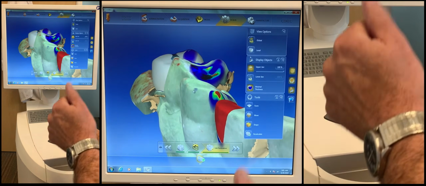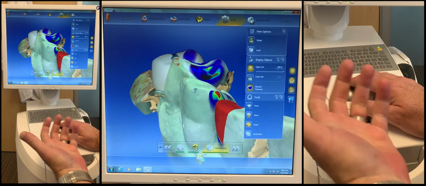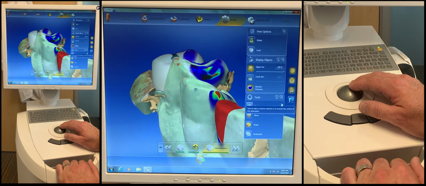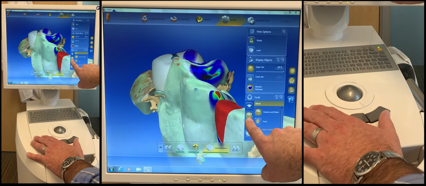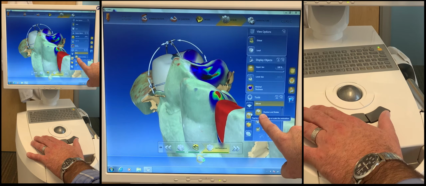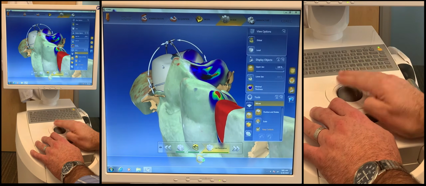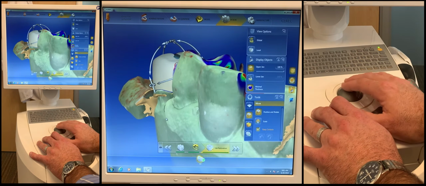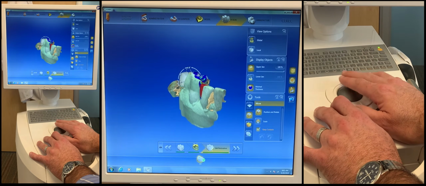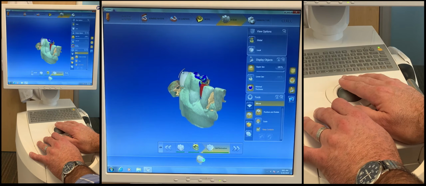Okay, so again, we start big to small, right? So I'm going to start with a position and rotate tool. So we're going to move here. All right, with a position and rotate tool. Now the other way to get to it, like I said, is to right click, position, rotate. All right, so the first thing I'm going to do is get a little bigger picture by zooming out, and I'm going to rotate this crown,